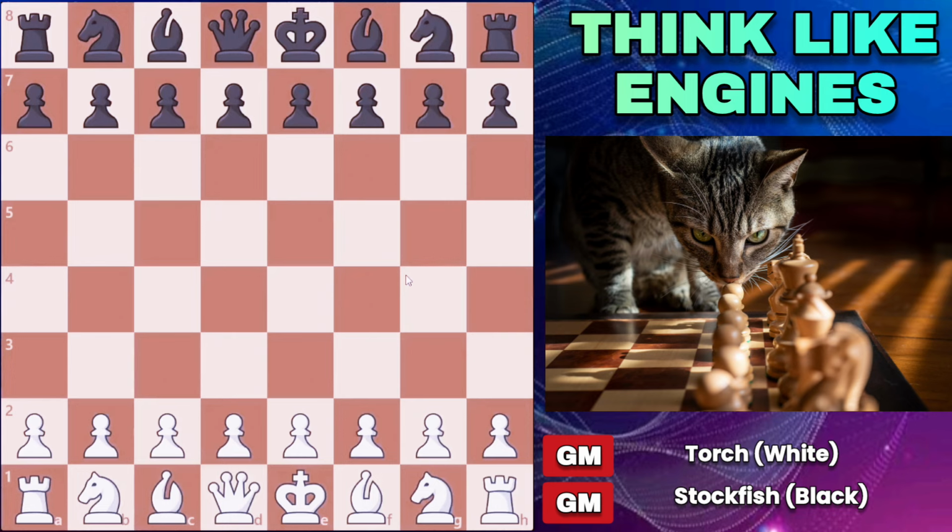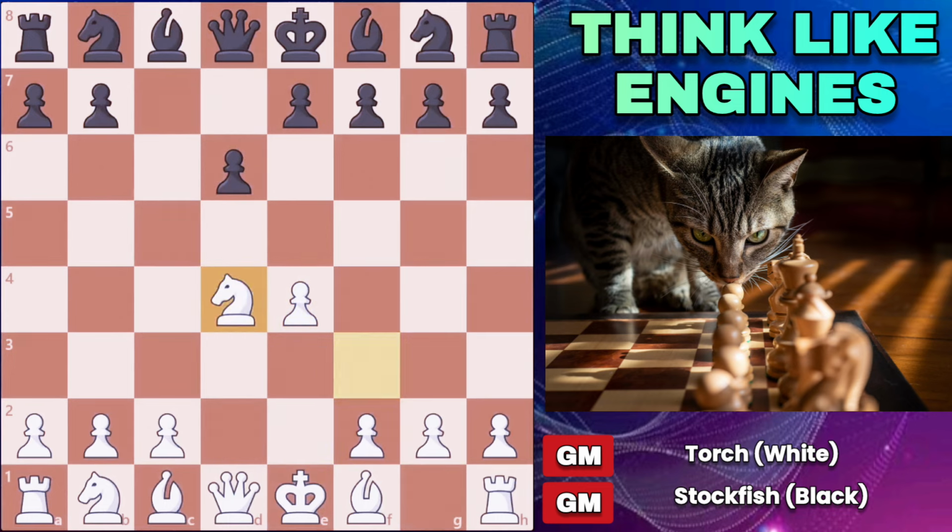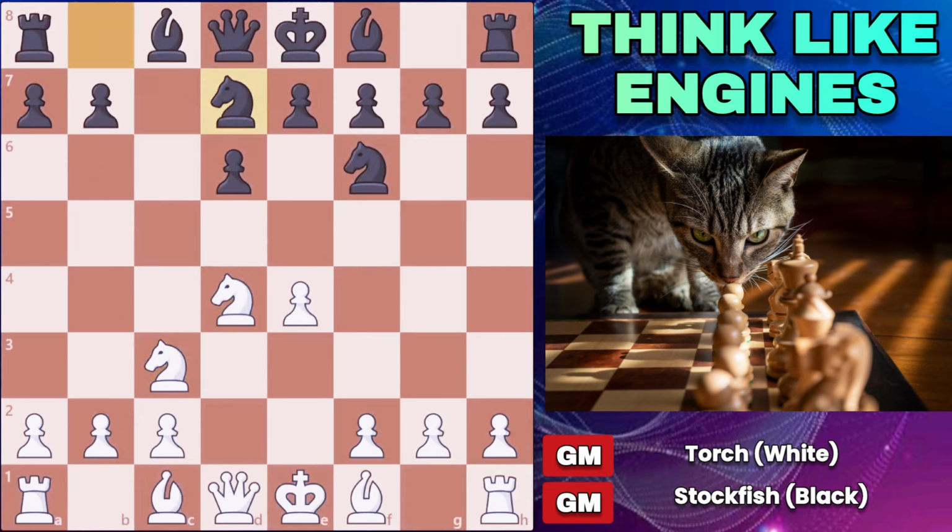So in the first game, I'm going to show you Torch has the white pieces. E4 c5, it's a Sicilian defense from Stockfish. It's an open Sicilian defense. And in this position, Stockfish plays knight bd7, which is a whatever move, but then plays a6. So it basically played a Najdorf-style Sicilian with a6 and then knight bd7, which is a bit of a